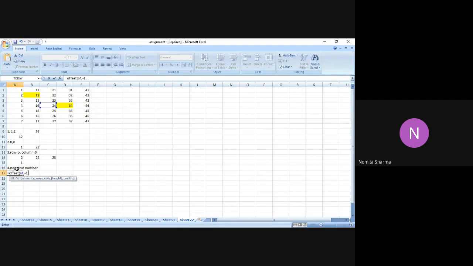I say -1, -1. I repeat one more time: you can give a negative number. In that case, the value returned will be from the upper part and from the left side of the column. In this case, I've written C4 is 24. So from C4, it will move up by 1 and go left by 1. In the earlier case, it was going down by 1 or 2, whatever number we mention, or going to the right side by whatever number we mention. So let's see what we get.